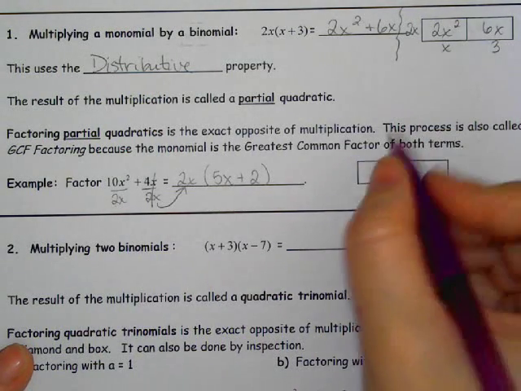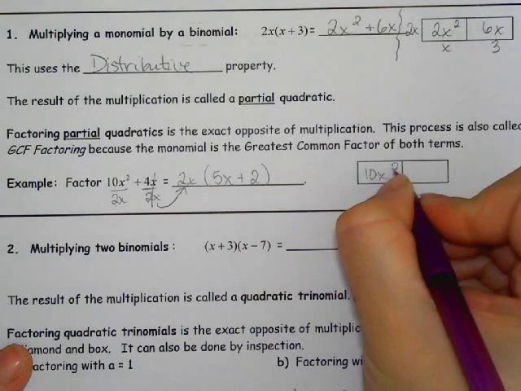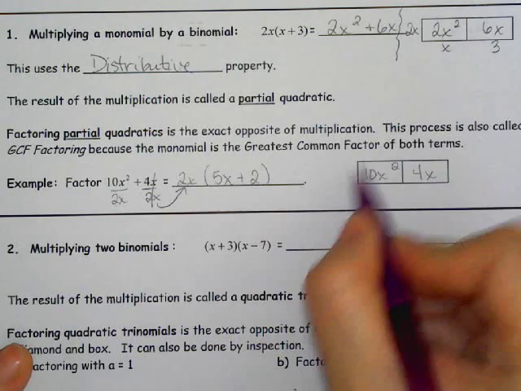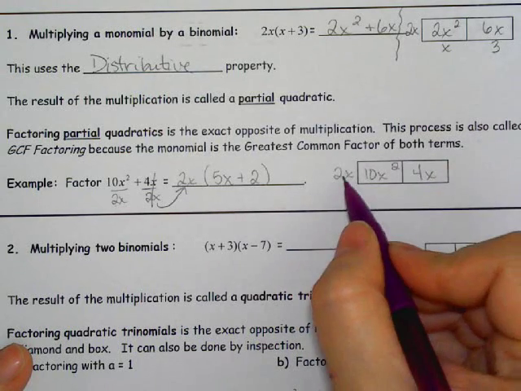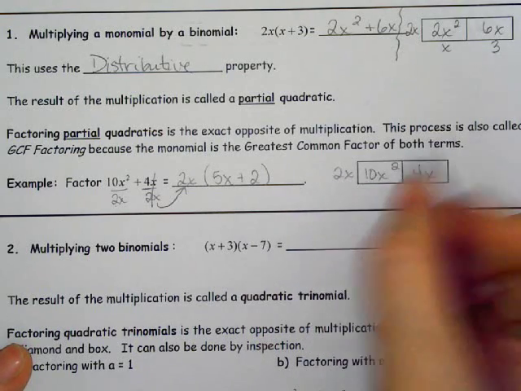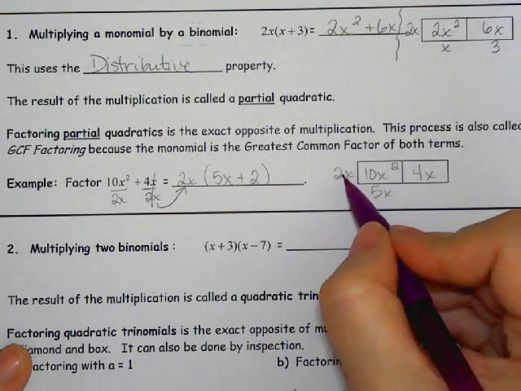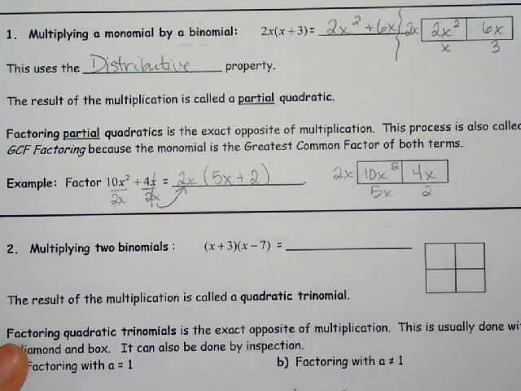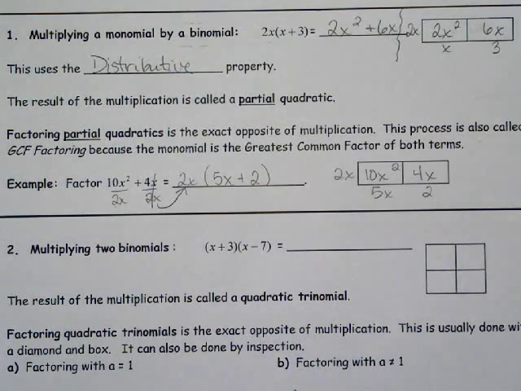And once again, if I want to use the box, I start with the 10x squared and the 4x. I take a 2x out over here to multiply. To get 10x squared, I have to multiply 2x by 5x. To get 4x, I have to multiply 2x by 2. Same process, different methods of doing it. If you want to use the box, use the box. If you don't, don't. Any questions on multiplying